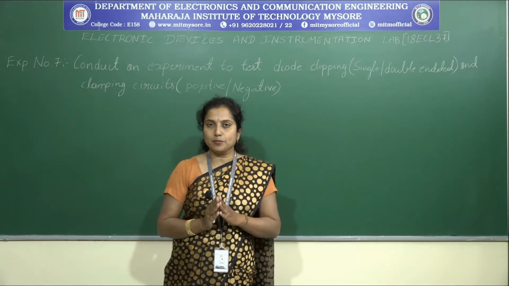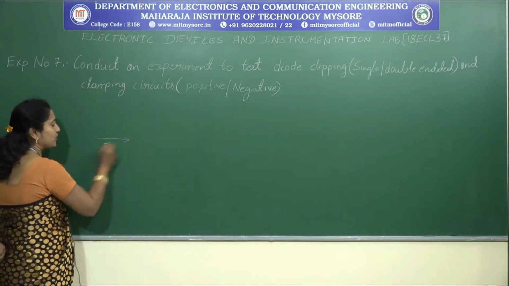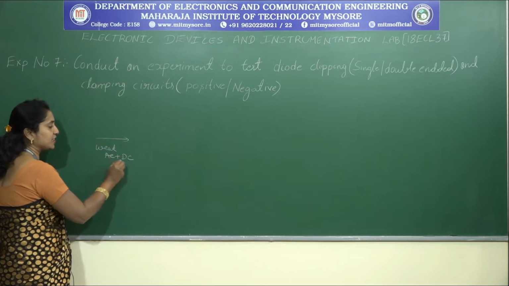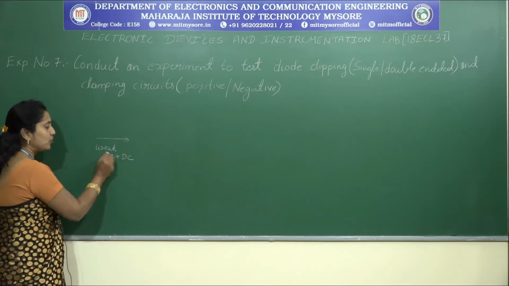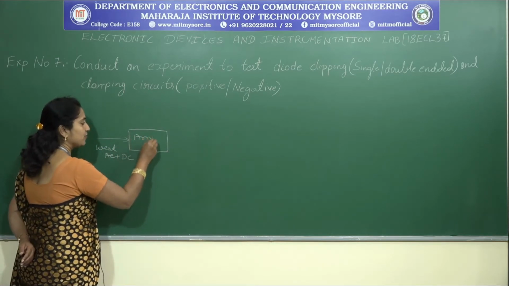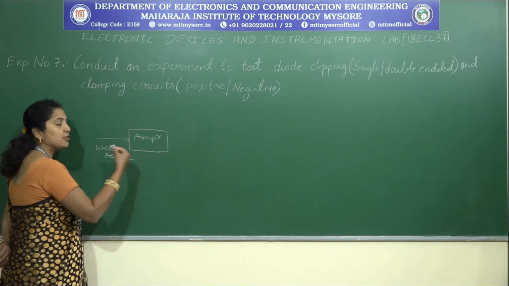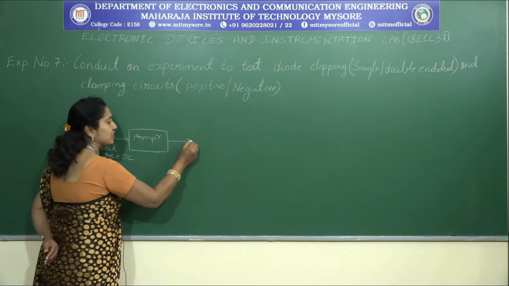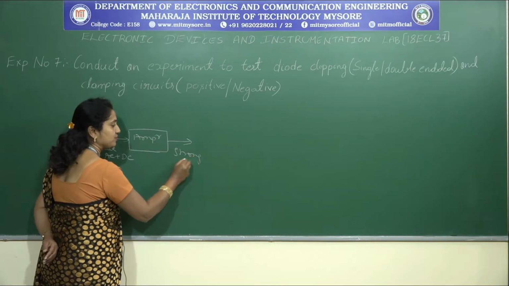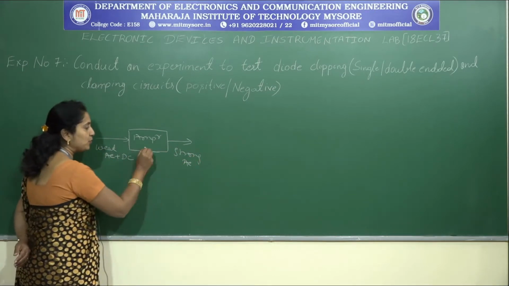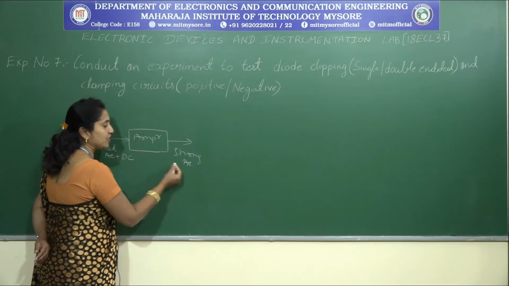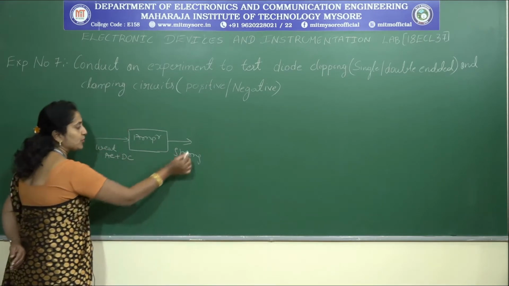So, let us give a better example. You have one weak AC signal, and in that AC signal you have a DC signal also, but both are weak. Now that weak signal you are going to amplify. An amplifier gives strength to a weak signal, so it strengthens the weak signal. That means you will be getting a strong AC, but it removes the DC. Usually in the amplifier, whatever DC value is there in the input, you are going to remove.